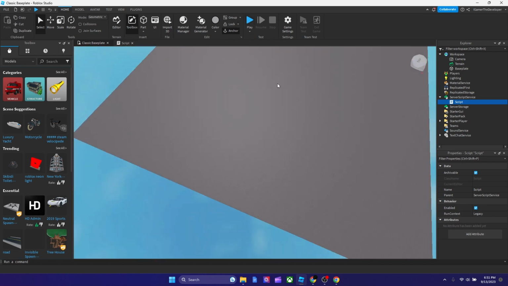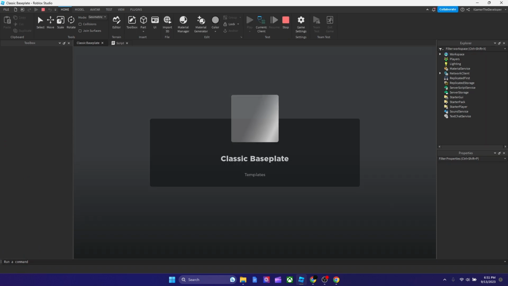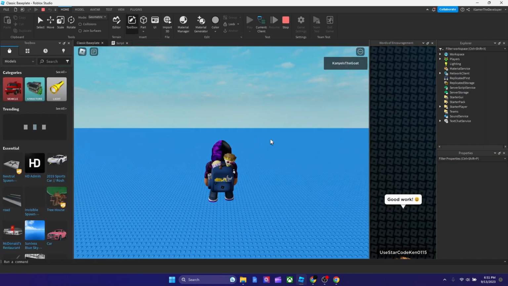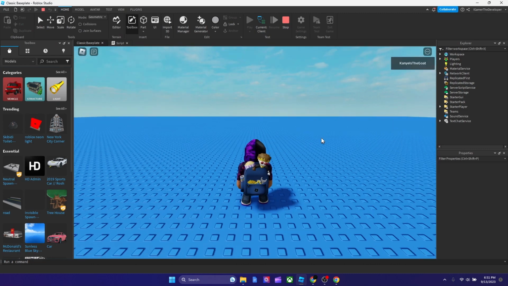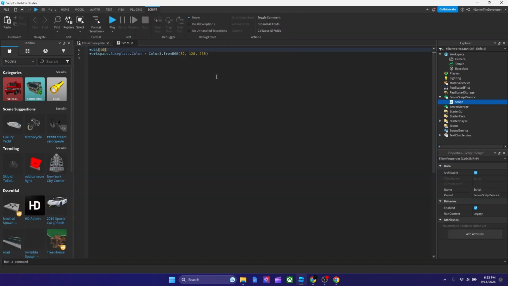As you see, my part is gray right now. I'm gonna play it, but it should be light blue. I spawn in and look, the plate is blue. It's blue just like the sky. That's basically how you change the color of the base of a part in